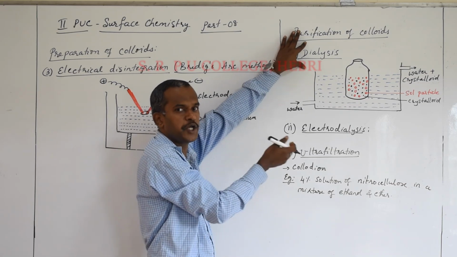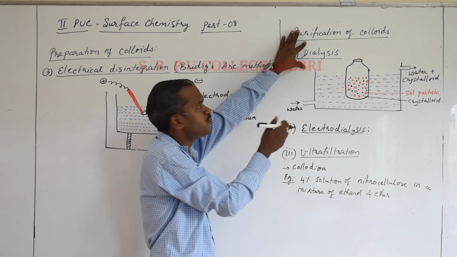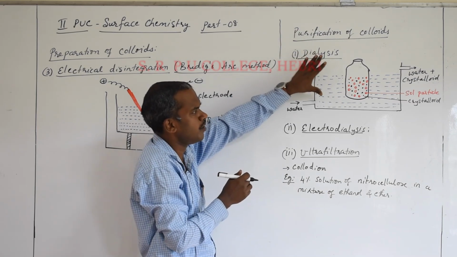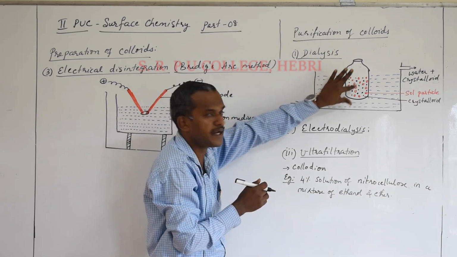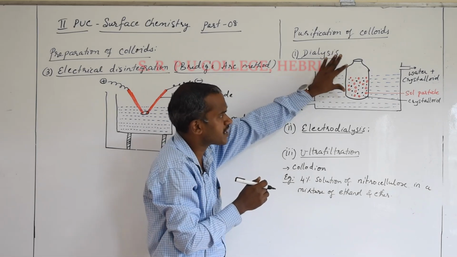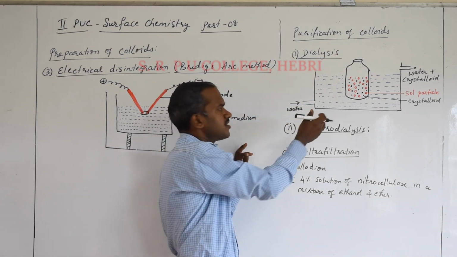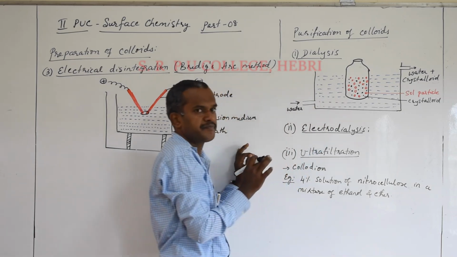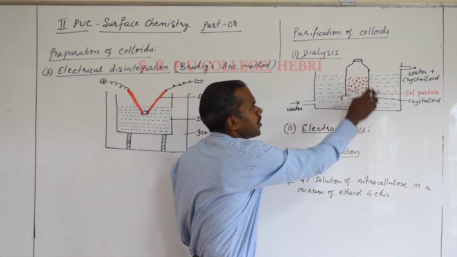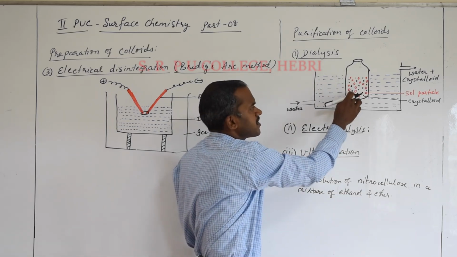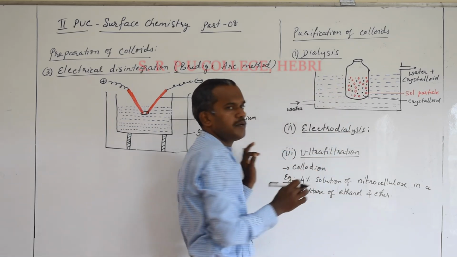Okay. So purification of blood is done by using artificial membranes during dialysis. The same technique is used here also: we use a membrane which can allow the movement of very small sized particles, not the larger particles. Look at this diagram, you will understand something. Okay. So we take water here and inside a container we take the colloid which has dissolved particles.